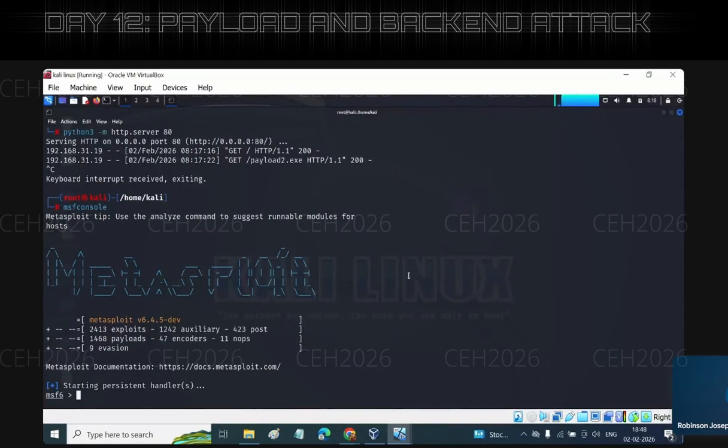ठीक है, अटैक परफॉर्म करने के लिए सबसे पहले मुझे कोई ना कोई एक्सप्लॉइट यूज करना पड़ेगा। use exploit/multi/handler, ये एक्सप्लॉइट मैं यूज करता हूँ। एक्सप्लॉइट मैंने आपको पहले ही बताया, एक्सप्लॉइट का काम है कि जो भी बैकडोर है, जैसे पेलोड वहां पहले से पड़ा हुआ है, तो उस बैकडोर को एक्सप्लॉइट करना, ये काम एक्सप्लॉइट का है।